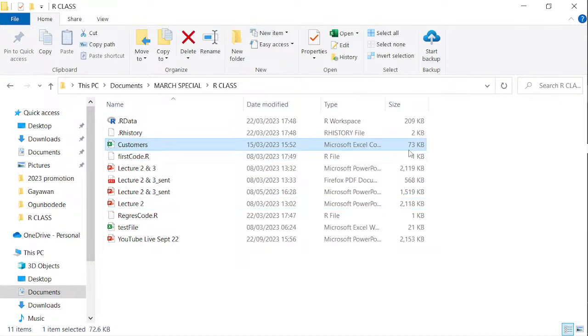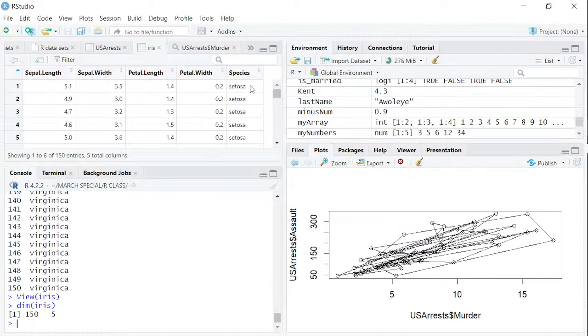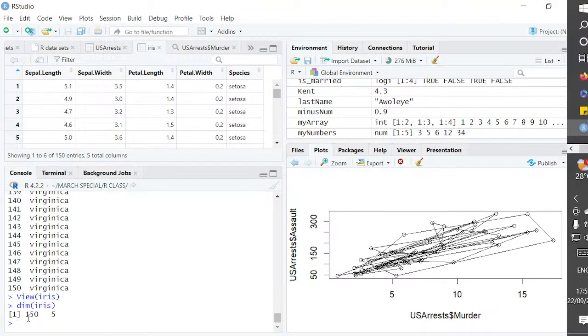customers.csv. I have saved it. It is a CSV file, comma separated file, and I want to bring it on board in R, and I already have it in my folder which I have dedicated to be used for R, which I declared for R when I was starting. So I'm going to show us two major ways by which you can import that file into the computer. So what we can do is to say that